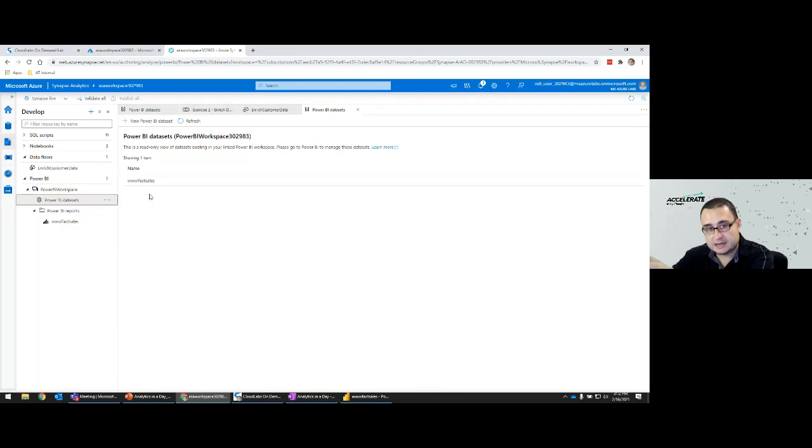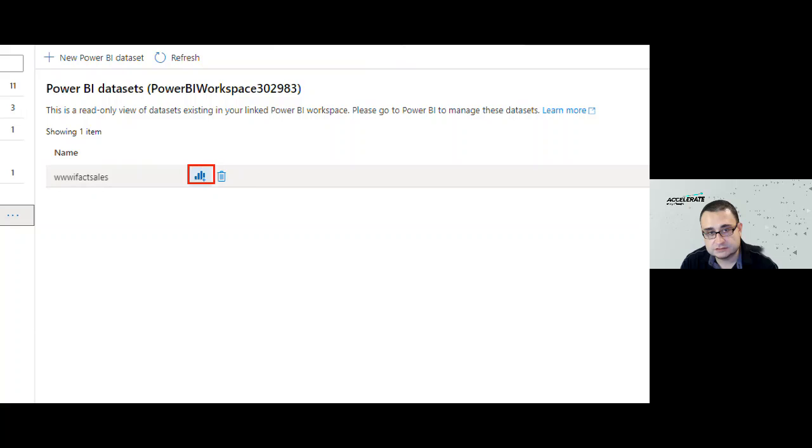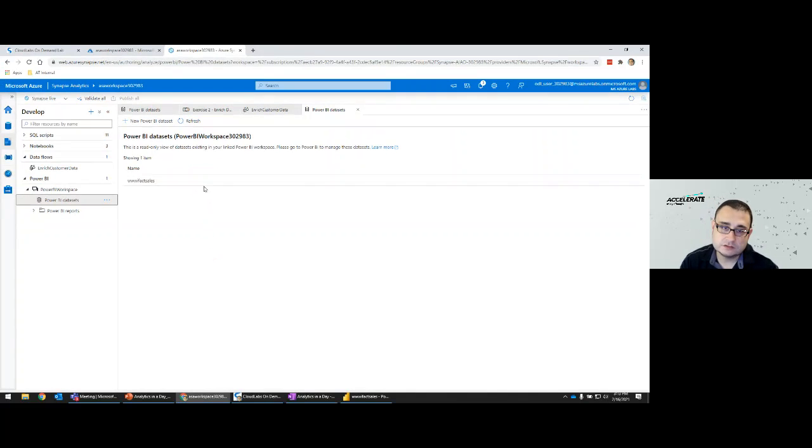Your Power BI assets, that workspace that you defined in your Power BI environment, are integrated directly into Azure Synapse. And now you can access those datasets which in turn are connected to the data that's defined in Synapse, and be able to quickly create visualizations and reports out of them. So we're going to click on that Power BI datasets, and on the right-hand side, you'll see that dataset, and you'll see this icon that allows you to essentially create a new report. So let's click on that.